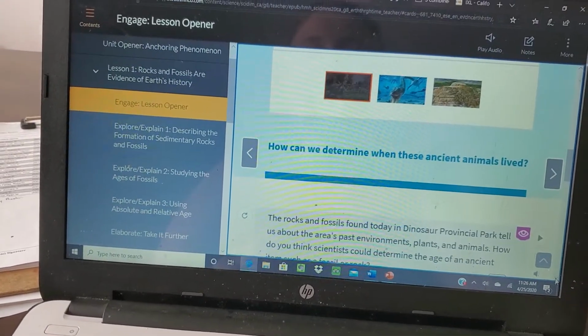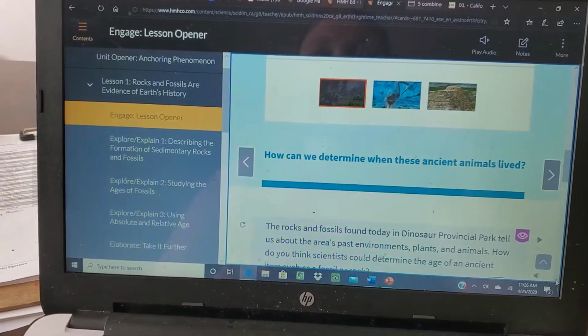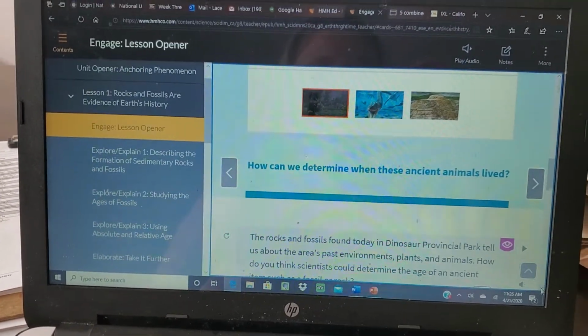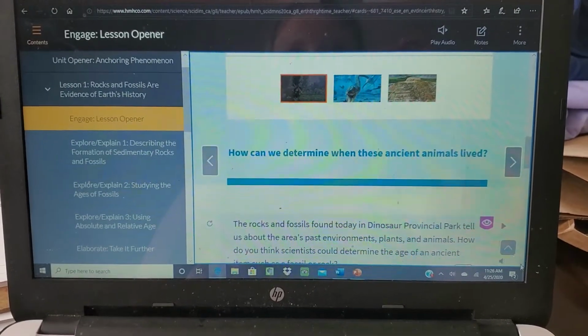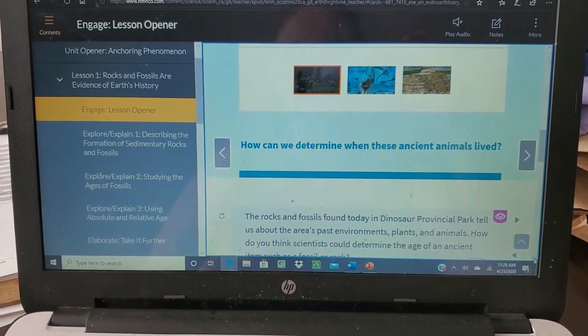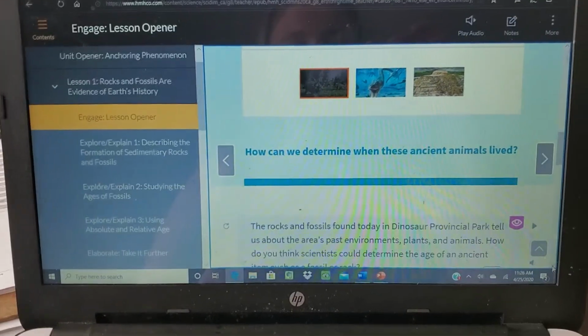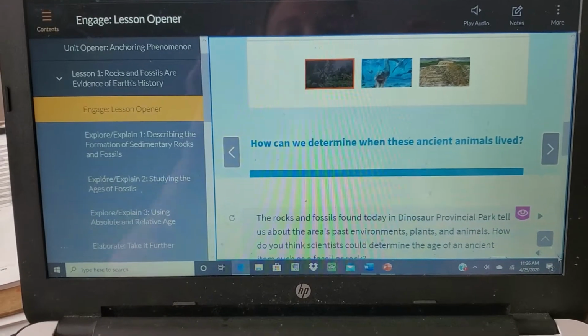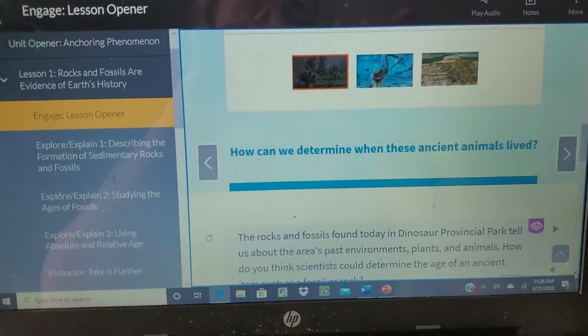So how can we determine when these ancient animals lived? We talked about how it was about 76 million years ago that the dinosaurs roamed the earth, and we watched a short film on scientists digging up fossils and how they were able to find information on it. So now today we're really going to take a deeper look into our